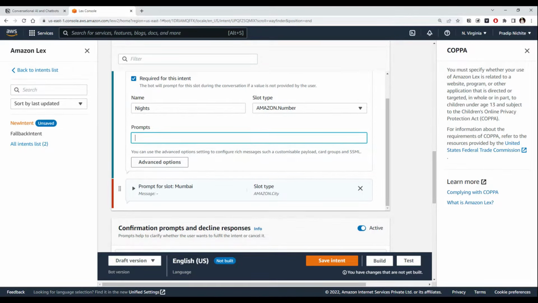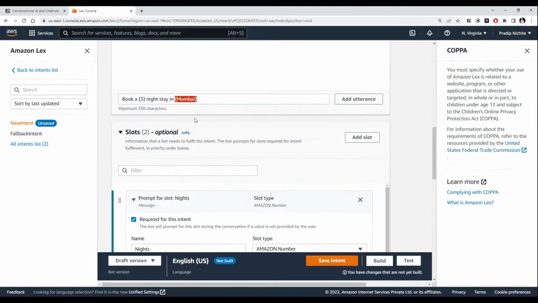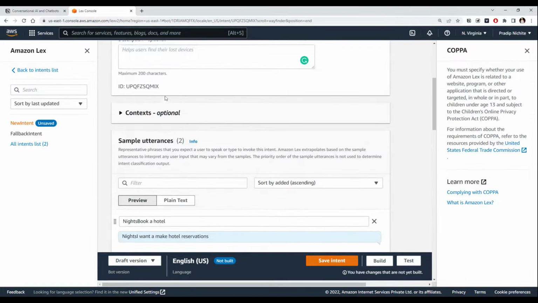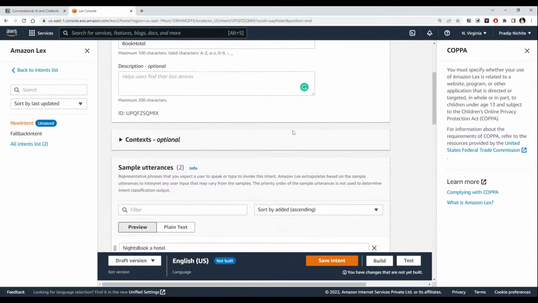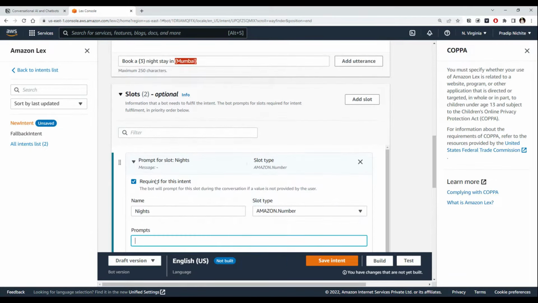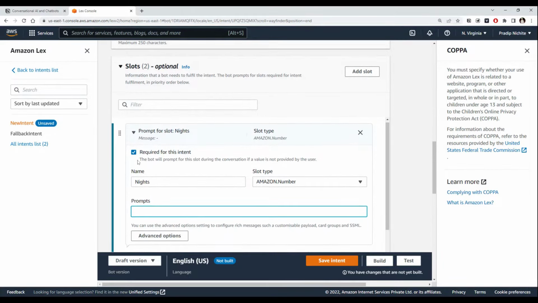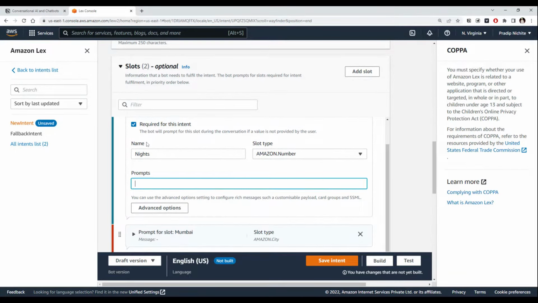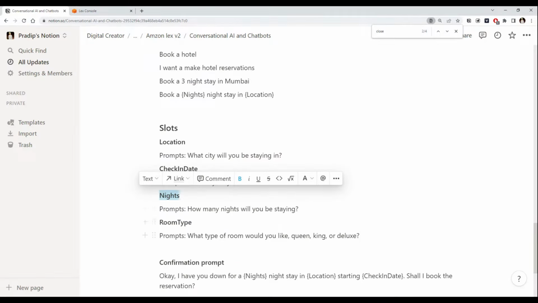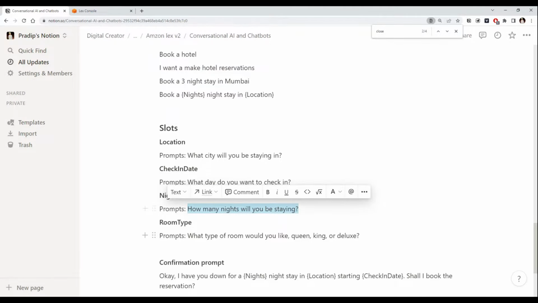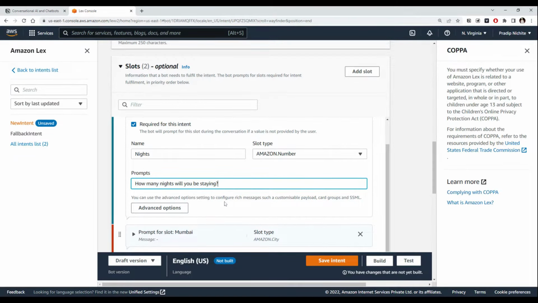right? And then the prompt is something that, let's say the bot identifies this intent, but the user didn't provide the number of nights they want to stay, and we also made this required. So if the user didn't provide it, how can the bot ask? For that prompt, we have to decide what sentence the bot should use so that the user can enter this particular value. So we can provide something like, the bot can ask the user, "How many nights will you be staying?" so that if the user answers something, that will get